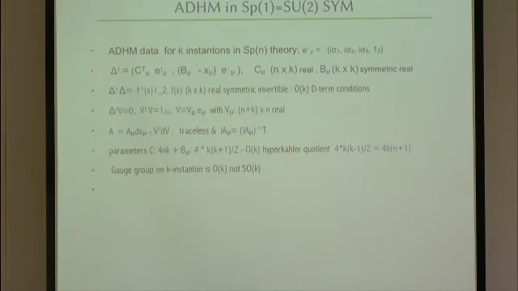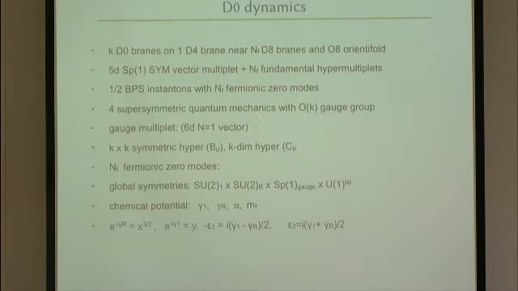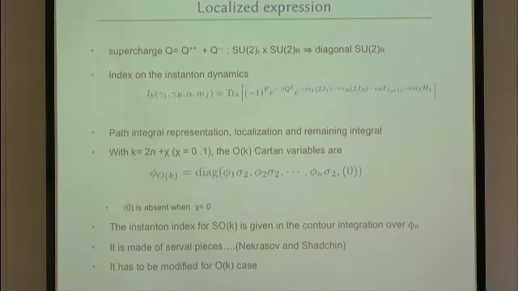To get an instanton partition index, we have to go to the dynamics. This is a long story, and we turn on the chemical potential, and we use the work of Kim, Kim, Lee and Shadchin's work. And we do localization. And then at the end, because our dynamics on the K instantons has O(K) variables,